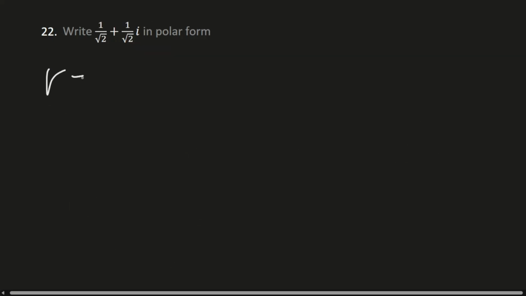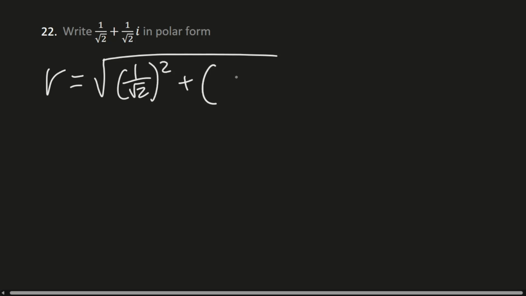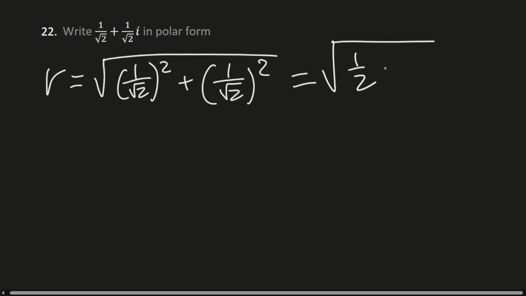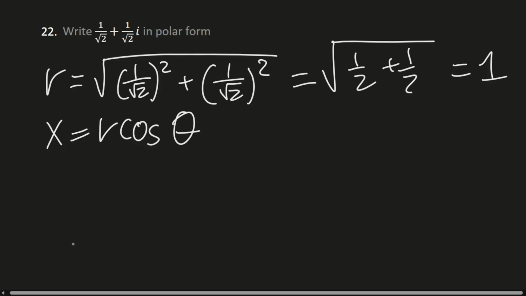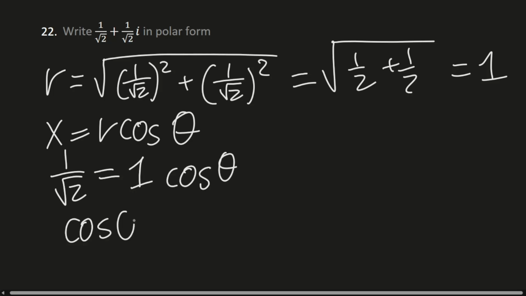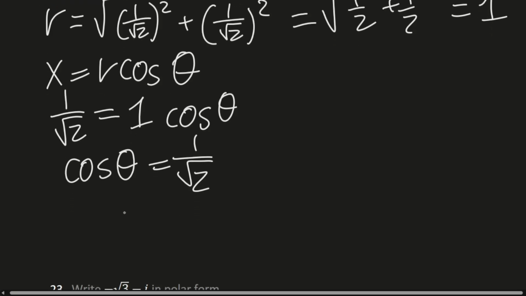Question 22, we solve for the modulus. 1 over square root of 2 all squared plus 1 over square root of 2 all squared. That square rooted is equal to the square root of 1 over 2 plus 1 over 2, which is equal to 1. And it doesn't matter which equation I choose, I'm just going to use x is equal to r cos theta, plug in my values. This just happens to be cosine of theta is equal to 1 over square root of 2. This is a nice number, and also we're going to be in quadrant 1, and so this angle is going to be